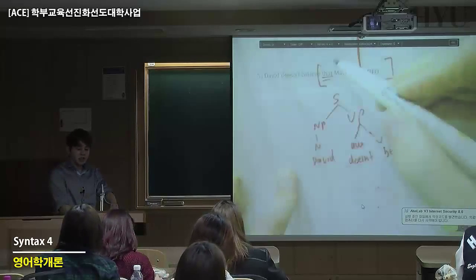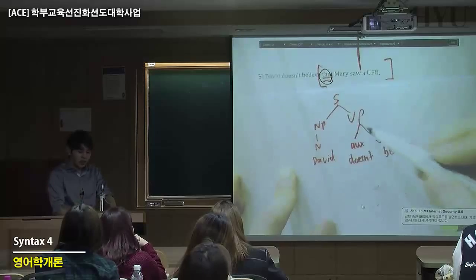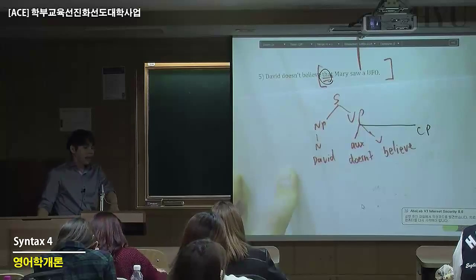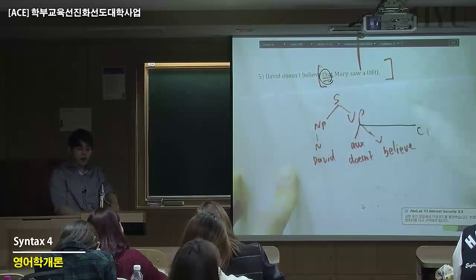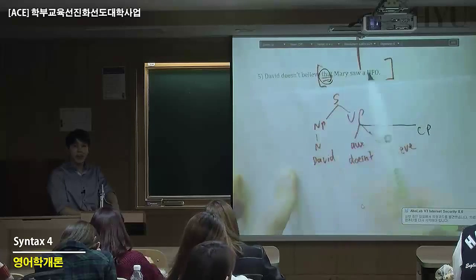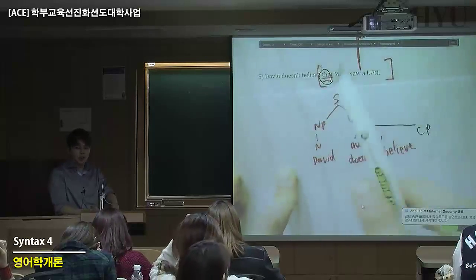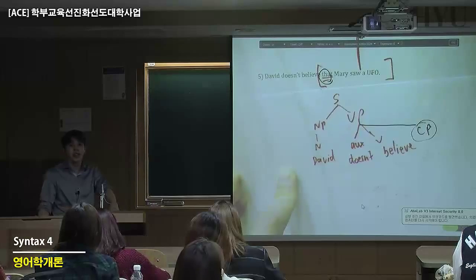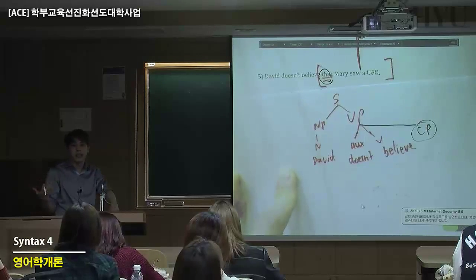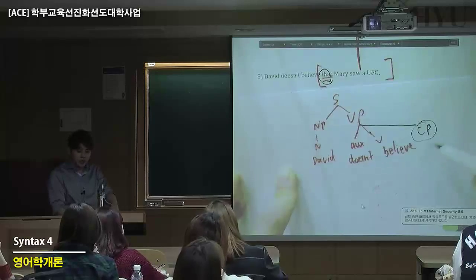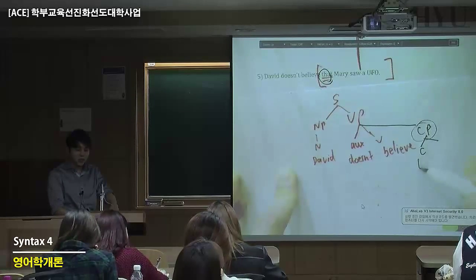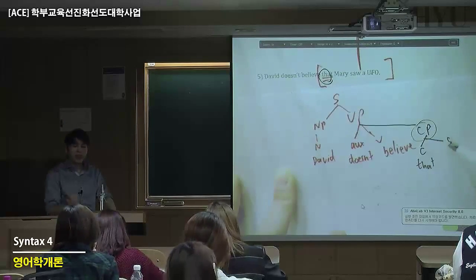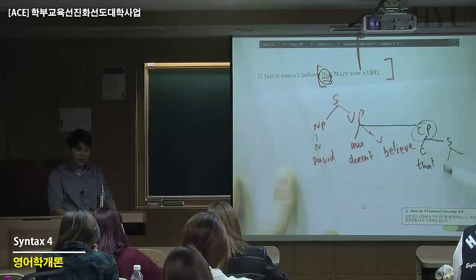The head word is this complementizer, right? So we have a CP, right? Normally, if you have just one simple clause, you would have something like David doesn't believe it, David doesn't believe her, David doesn't believe her story, like that. But in this case, it's just not an NP anymore. It's a CP, which is the same as NP, but it's just more complex. So the CP consists of a C, which is the word that, right? And then you have a clause in it, S, which goes again to NP and VP,